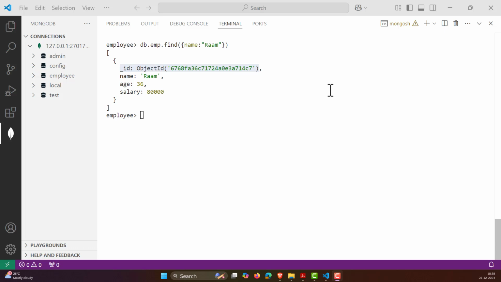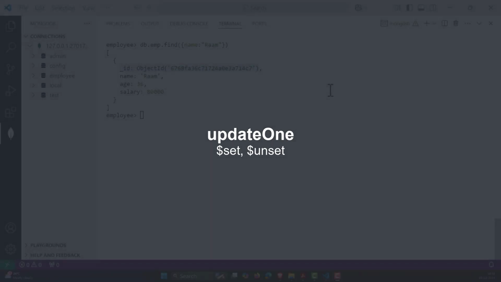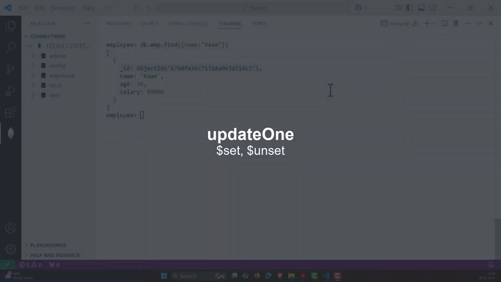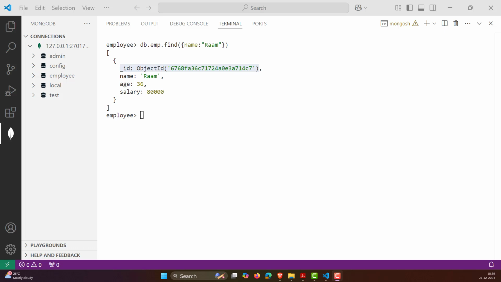Welcome back. In the previous lesson, we have seen the replace one operator. However, if you want to replace only one element or only one field, then we can use an operator called update operators. The command or method that we can use for the update operator is update one. Update one is usually used only for a certain portion of a document that needs to be updated. You can update the specific fields in the document using the atomic update